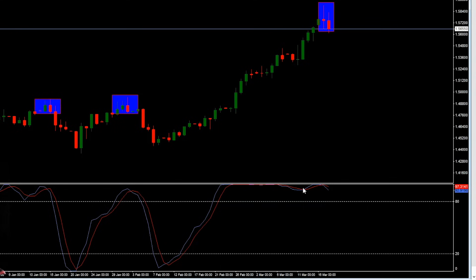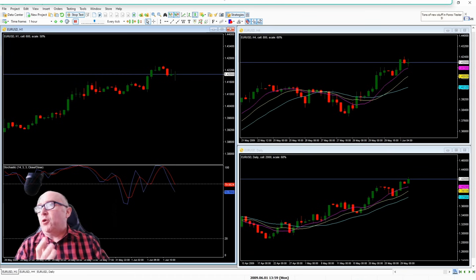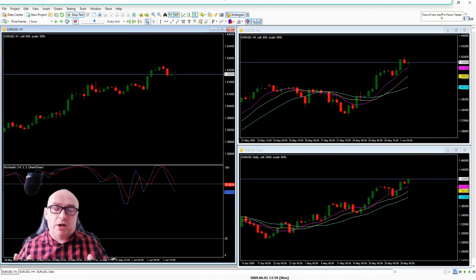Now I want to show you how I like to use this indicator for getting into trends on a pullback. Let's just find one that's suitable. Okay, so this is the euro dollar. Now this is how I like to set my charts up when I am trend following. I like to have